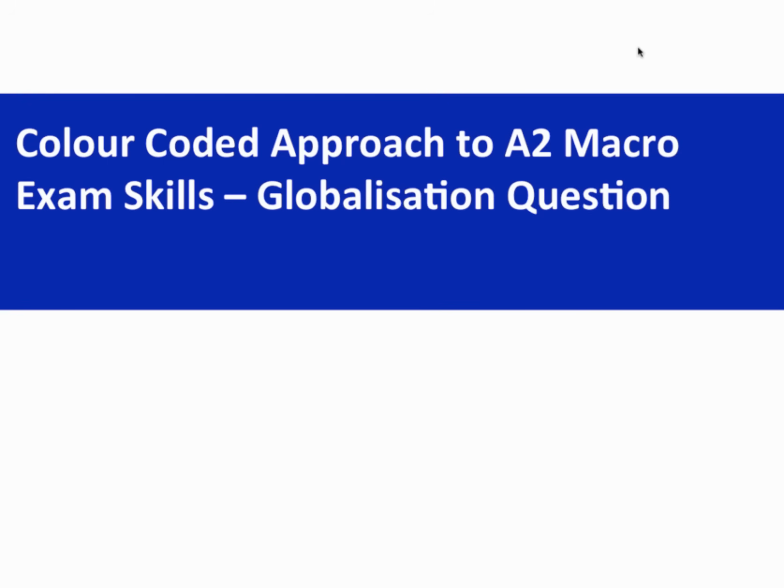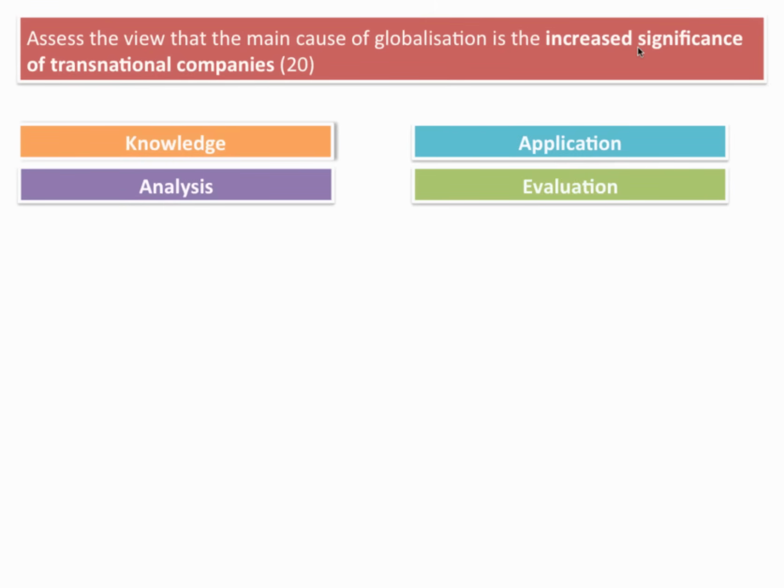Keep in mind, those of you doing AQA, OCR, and other boards as well, many of the hints and tips and tricks I'm going to give you in the next 15-20 minutes are actually relevant across the different exam boards. But I wanted to emphasize just a couple of things on the A2 macro, which I think could be extremely important for you when you come to take your final paper in economics in a couple of weeks' time. So hopefully this will be a useful session for you, and I'm always happy to keep the conversation going on Twitter if you want to get in touch with me.